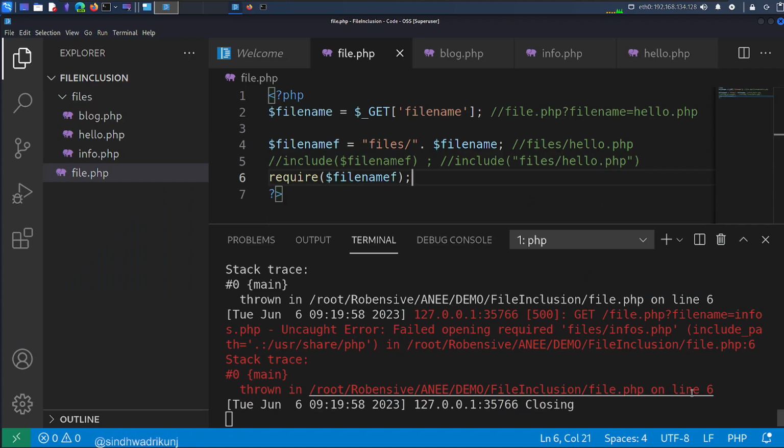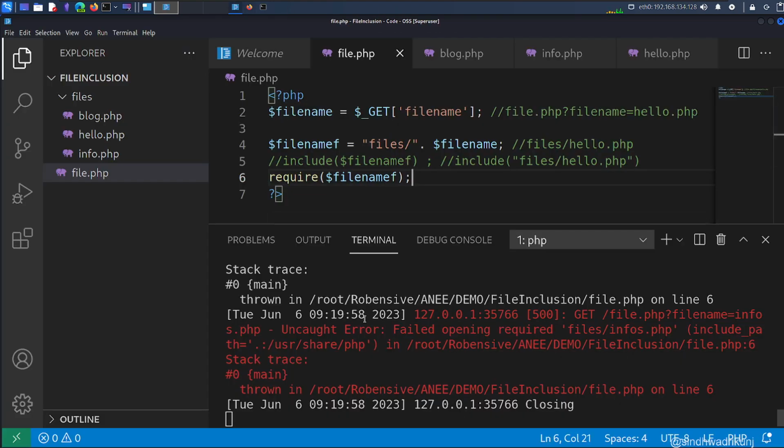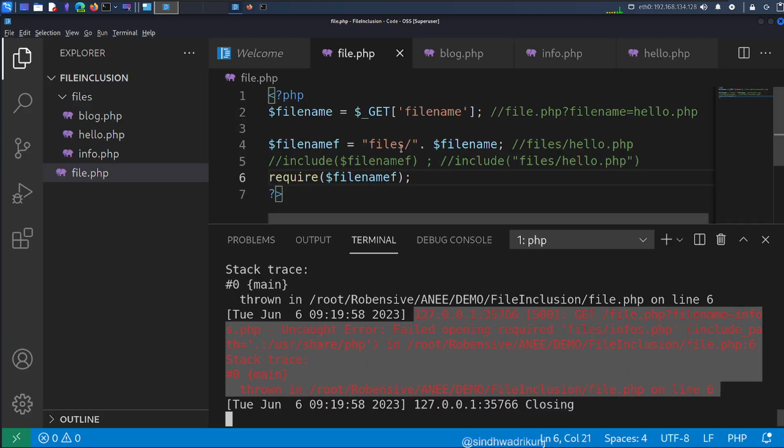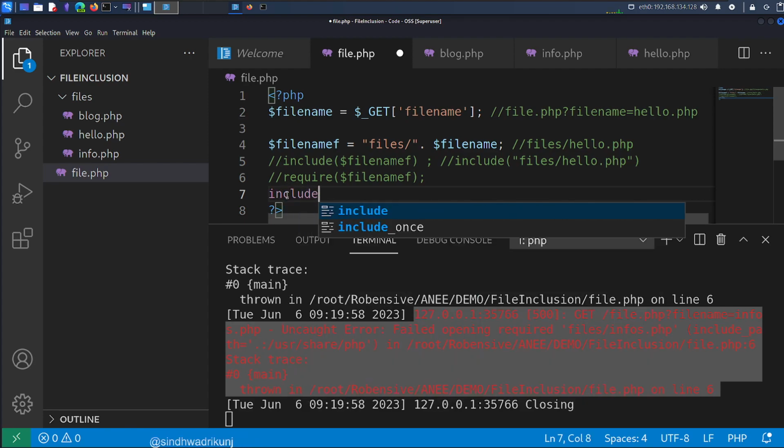In some cases, we see some error. In some cases, we do not. It all depends on debugging capability. So my server doesn't allow those debug messages to be displayed over the web content, hence it is displaying like this. However, in some cases, you might find such errors on the screen. That being said, this is another function, require. So remember, include, require. Apart from that, there are some more like include once,